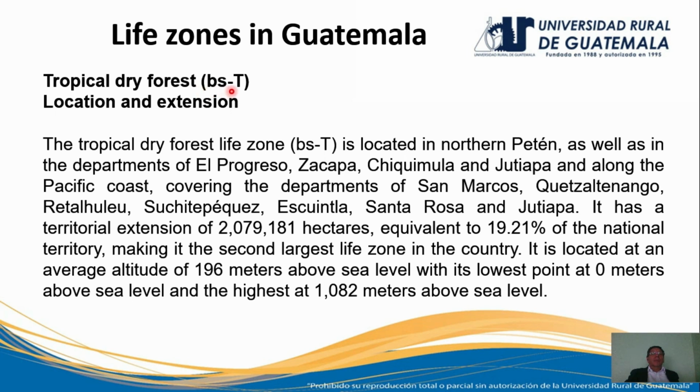The location and extension of this life zone is in the northern Petén as well as in the departments of El Progreso, Zacapa, Chiquimula, and Jutiapa, and along the Pacific coast, covering the departments of San Marcos, Quetzaltenango, Retalhuleu, Suchitepéquez, Escuintla, Santa Rosa, and Jutiapa. It has a territorial extension of